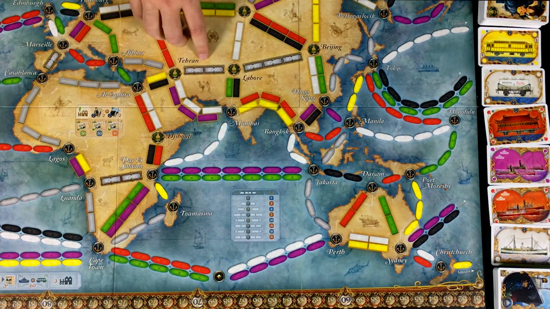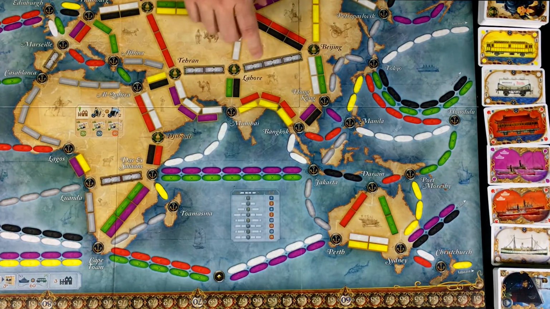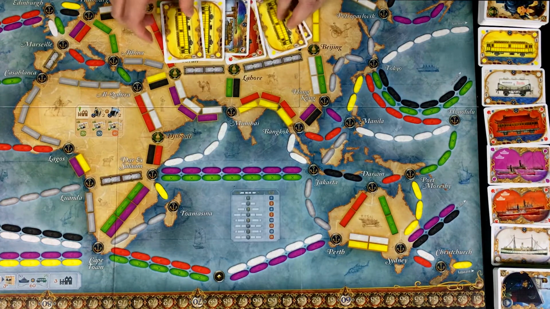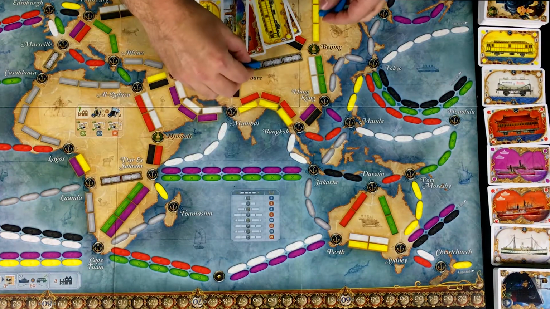The world map also features train routes, which are paired train routes. So each space of that train route must be fulfilled by or paid for by a pair of train cards of the same color. In this case, I have 2 yellow and 2 more yellow, and then a red and a wild, which will allow me to place 3 train tokens between Lahore